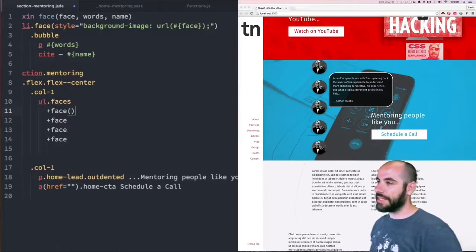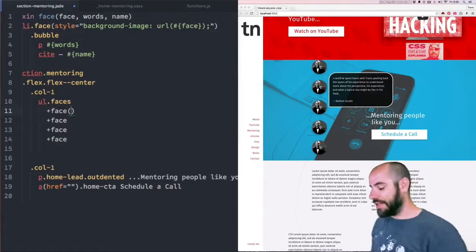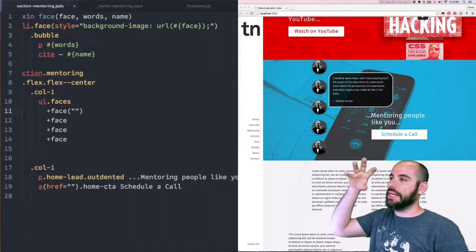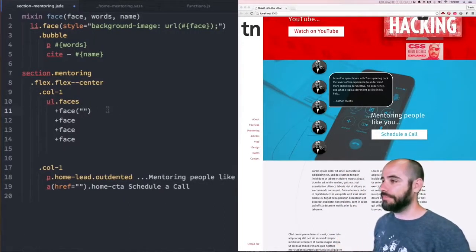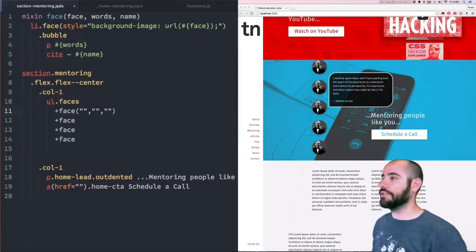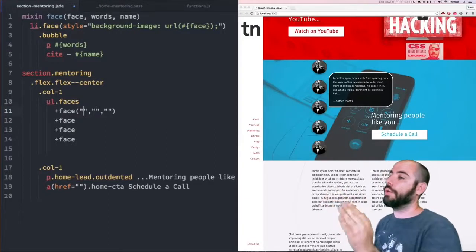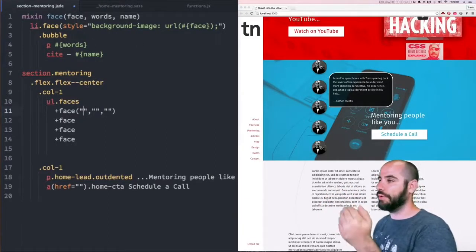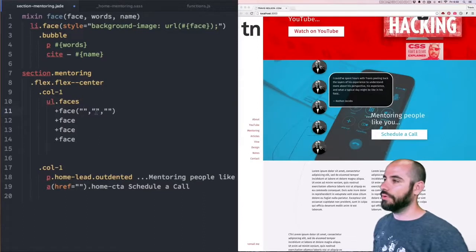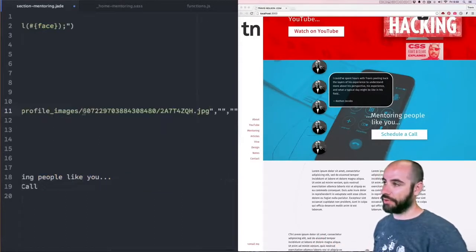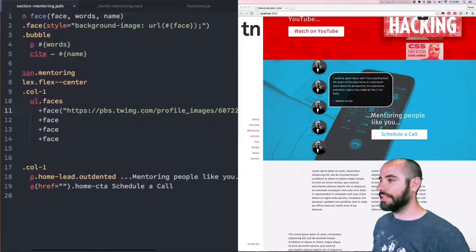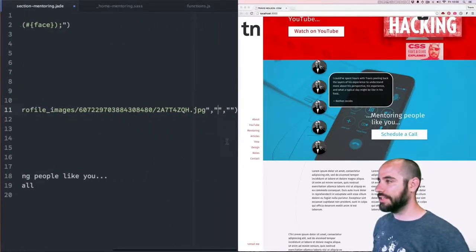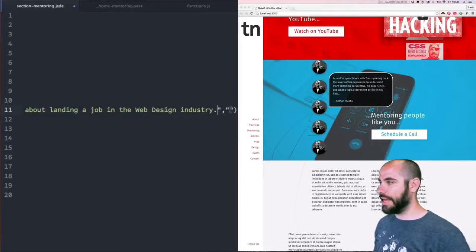So you put a parentheses after the call of the mixin, and then for each of these variables in the mixin, I'll put a quotation there, and then you put a comma, quotation, and a comma, quotation. So there's 3 of them, and they correlate. The order which you define them up above is the order which they're used here. So the face I actually have in my clipboard. This is the face. It's a Twitter image. The testimonial itself is going to go in this next section, and I'll paste that in. And then the name is